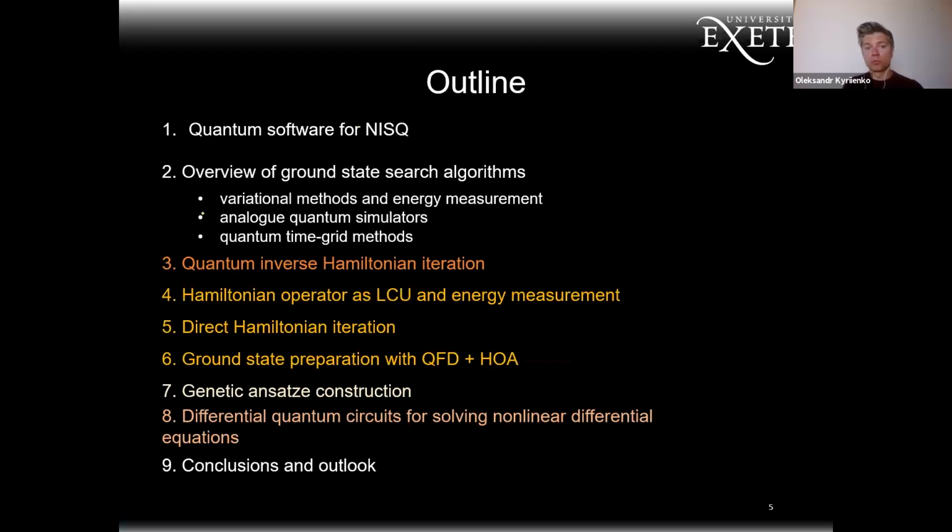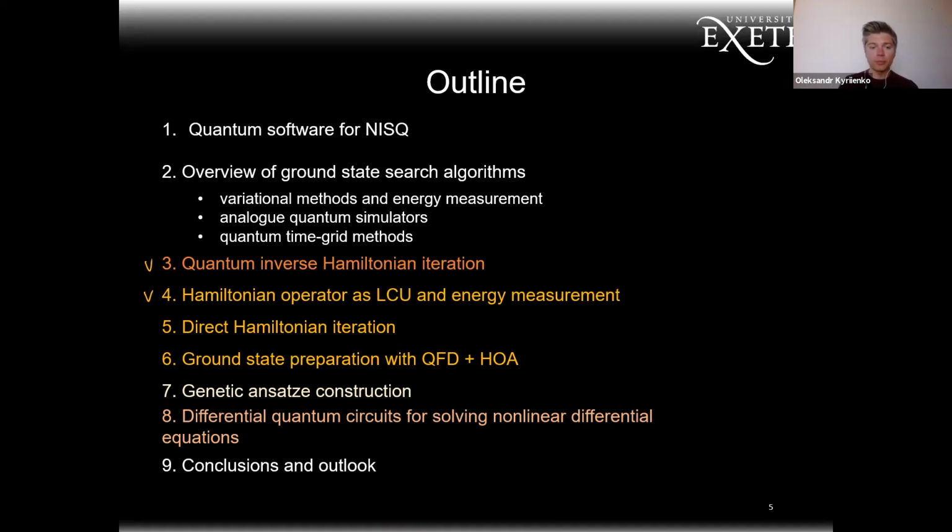So my simple introduction will be, we need a new quantum software for NISQ, and everyone knows that. I will say a couple of words about variational protocols and analog simulators, and then I will start introducing time grid methods. So that specifically will be inverse Hamiltonian iteration and also direct Hamiltonian iteration, what I call Hamiltonian's operator